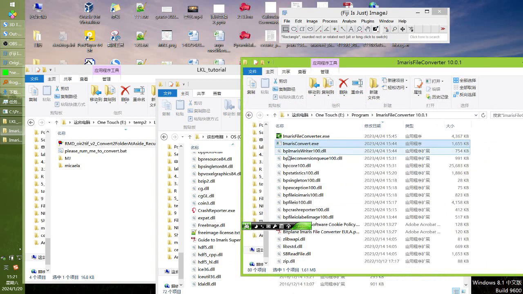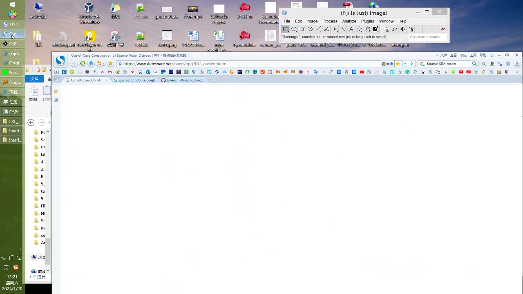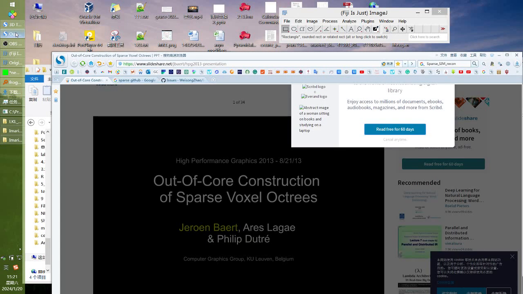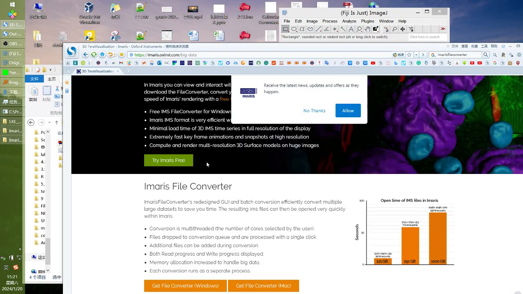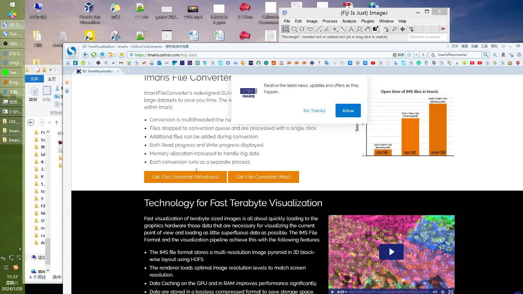However, when you download from the website, you can always get the most updated version, because Imaris provides the most updated converters, for example, every year or every 2 years, or even more than once per year.